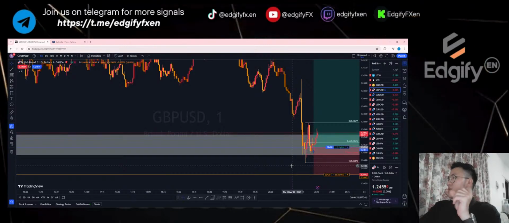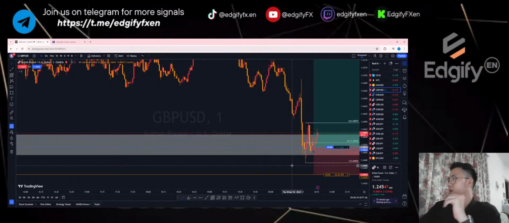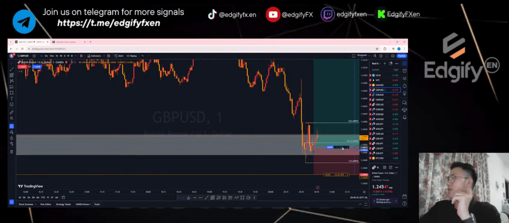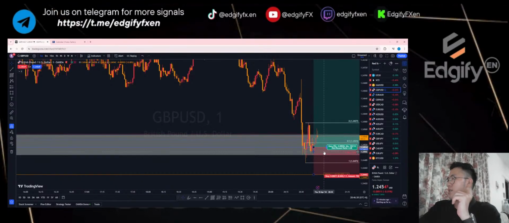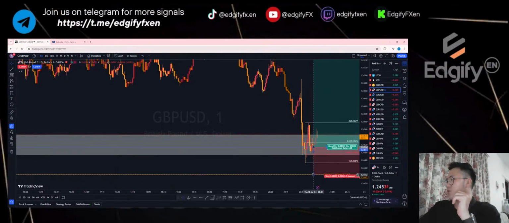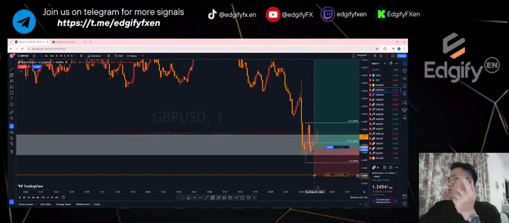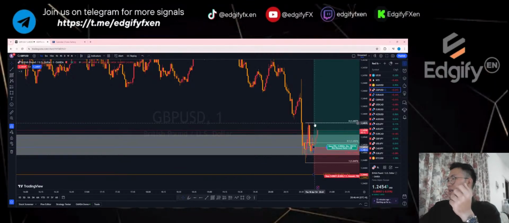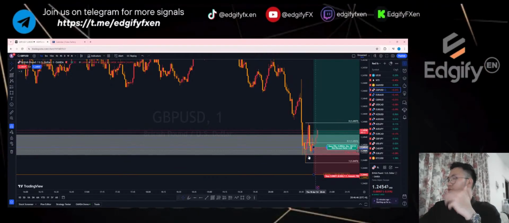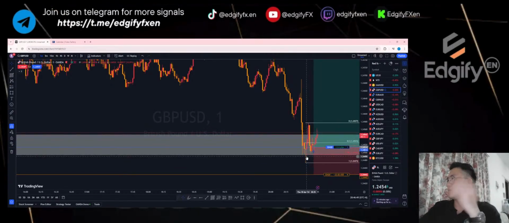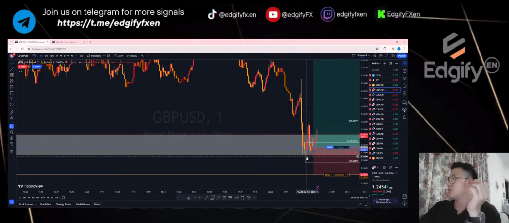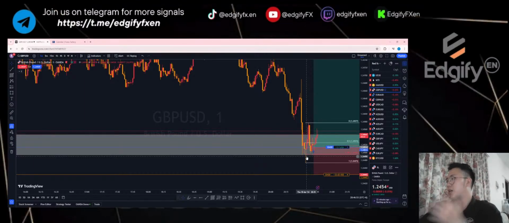So when we have that 1-to-1, that's where you start to break even your trade. Meaning if let's say from the entry to the stop loss you are losing $1, when it comes to here you are gaining $1, right? So that's where you need to break even your trade and let it run and see how far it can go. That's what I'm targeting.